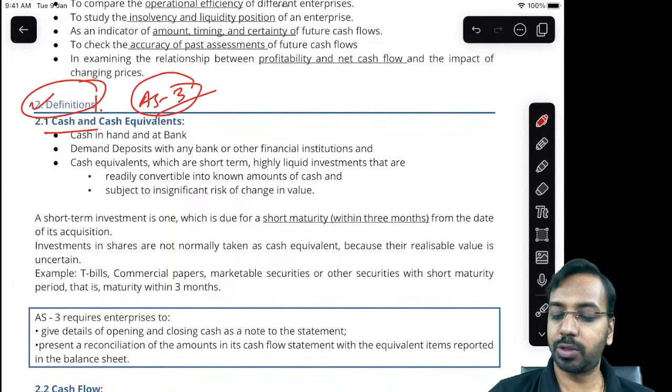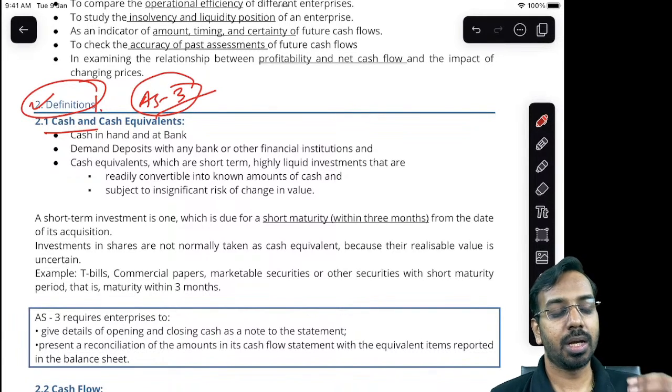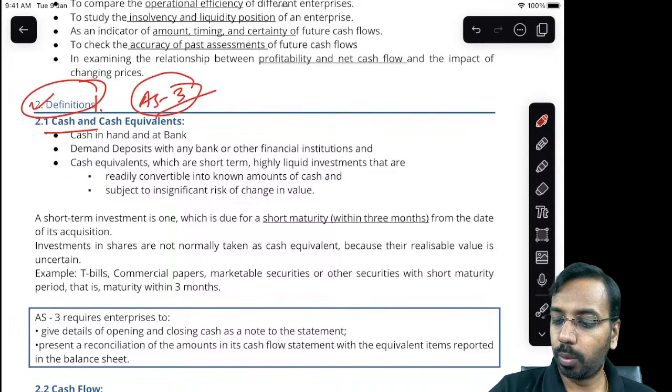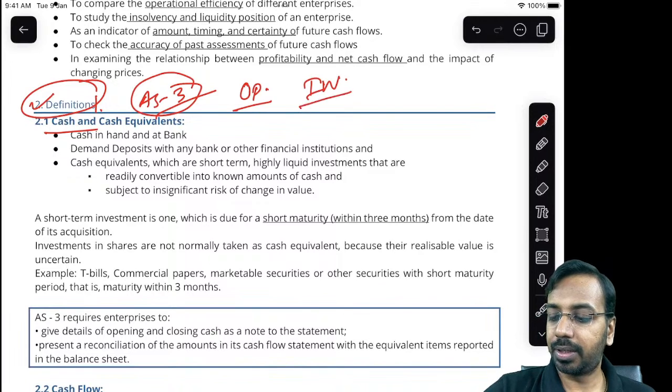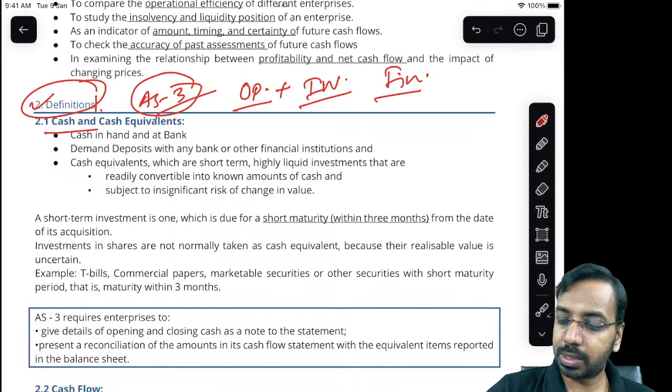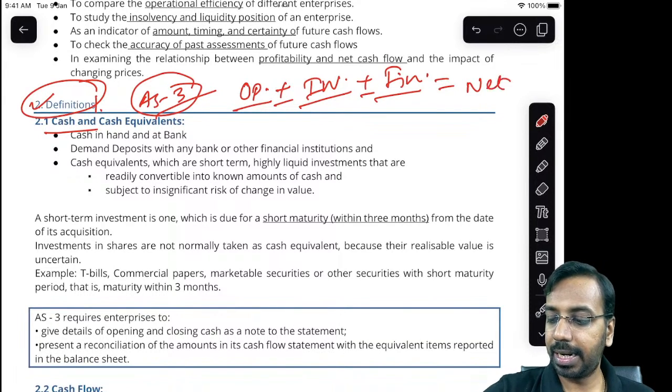So we have cash flow statement, accounting standard 3, where we classify cash flows. Cash flows basically means what you have paid and what you have received, the cash inflows and cash outflows. You bucket them as operating activities, investing activities and financing activities. Operating plus or minus investing plus or minus financing activity will give you the net cash generated. This you will reconcile with opening cash